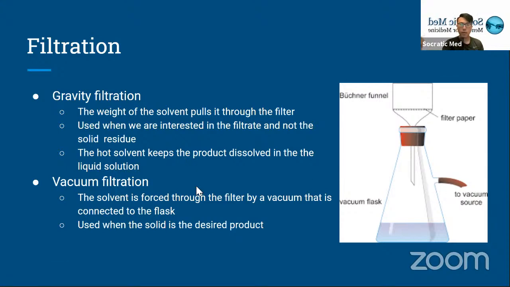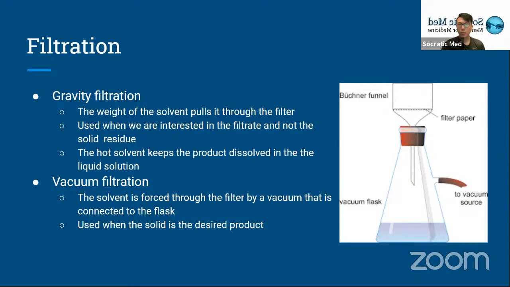Next, vacuum filtration. This is the picture on the right. This is used with a vacuum. So the solvent is forced through the filter by a vacuum that is connected to the flask. This is used when the solid is the desired product. So you use vacuum filtration because the vacuum will suck as much of the fluid